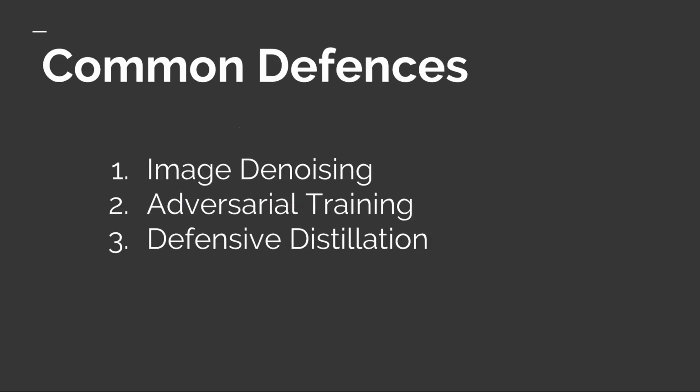Those are the popular techniques in attacks, and I won't be covering the defenses in detail. I'm running short on time today. So the first easiest approach is image denoising. You're basically adding noise, so if you can remove the noise, you can probably save the network from getting attacked. But the problem with this is it doesn't really work that well because what it's adding is a particular kind of noise. The noise doesn't even seem to have any impact on the image as far as human perception is concerned. So the new image,